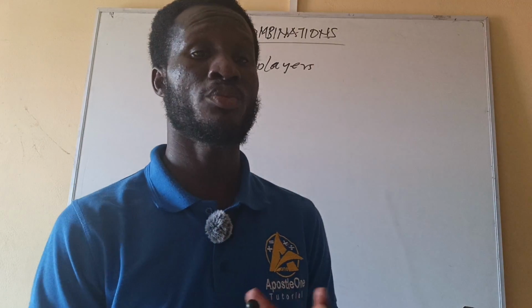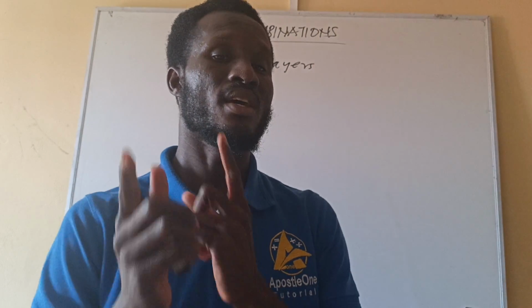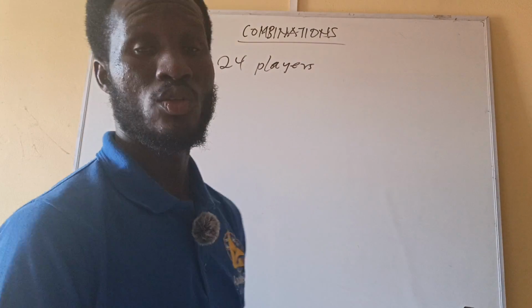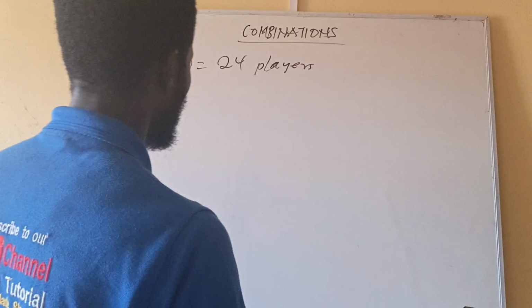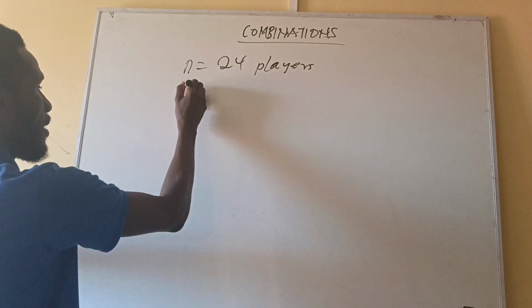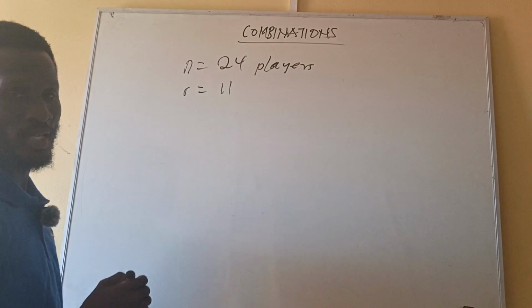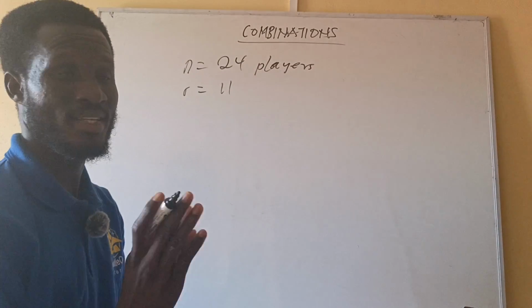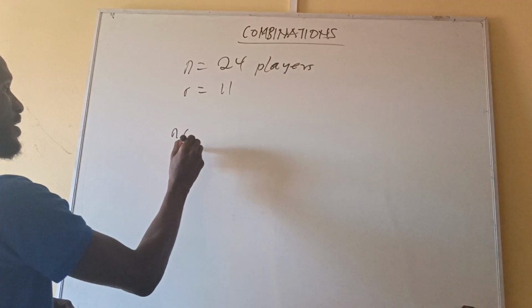This one includes the goalkeeper. The players that are supposed to be on the field are 11. You get it? So I'm going to select 11 players out of 24 players. Selecting 11 players means our r is equal to 11. Therefore, the number of ways that this selection can be done is n combination r,